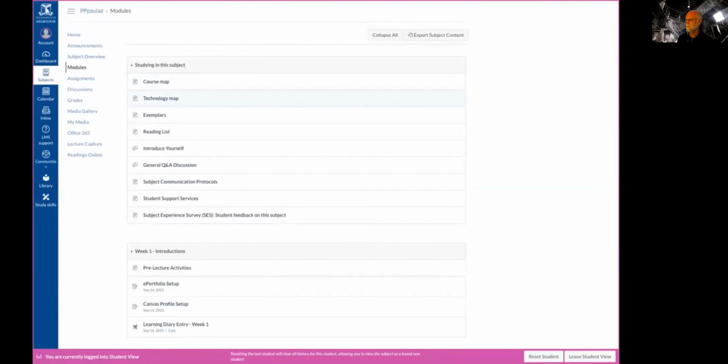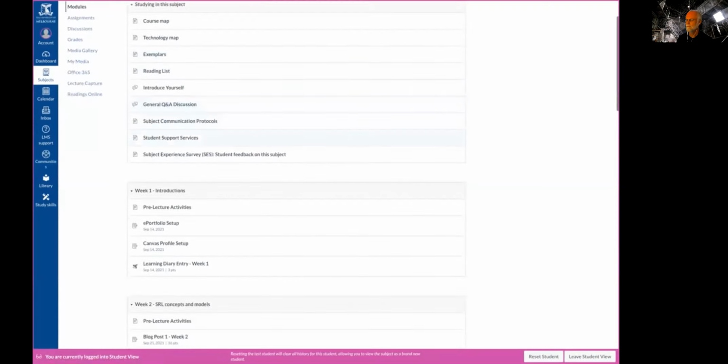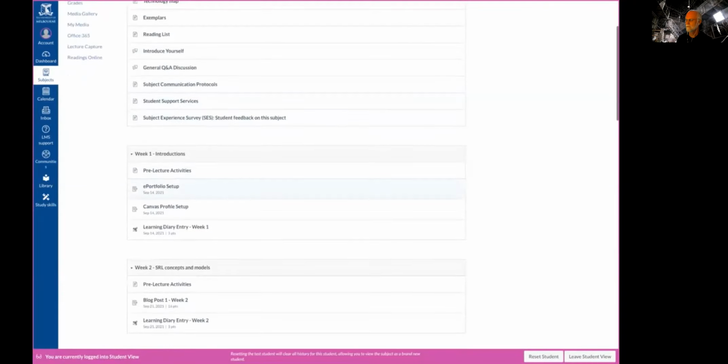Because this is a new subject, I wouldn't know exactly how students would use the LMS to access resources. So that's something to review on a second iteration of the course. What would be the most effective way to present things? It could be that just having everything on modules rather than on subject overview would be more efficient because they would go just to one place. Anyway, trying to stick to 10 minutes, then we would have